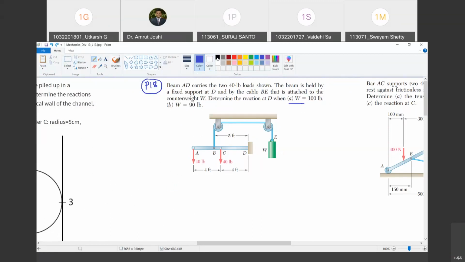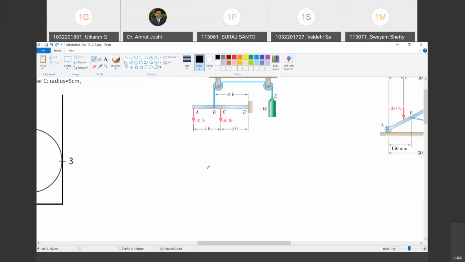So how do I draw the free body diagram of this beam? FBD of, is it beam? Tell me. Yes, sir. Why? Because it is loaded transverse to its axis and it is a 1D skeletal member. So it is beam for sure. So I'm going to draw the free body diagram of beam ABCD. I'm not going to explain what is a beam once again because we have done that elaborately during our lab. Happy? Yes, sir. So let me draw the free body diagram.